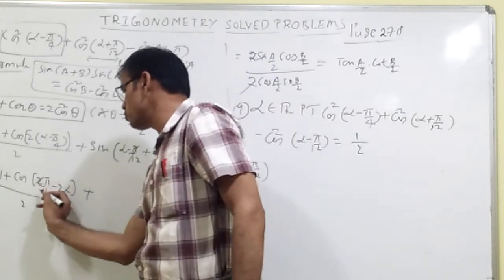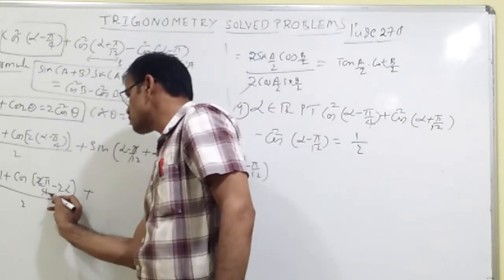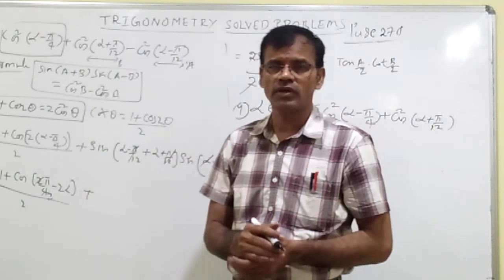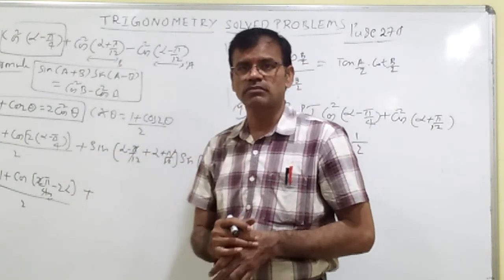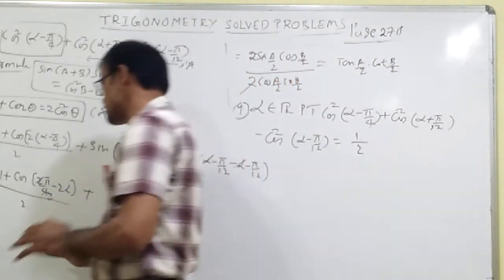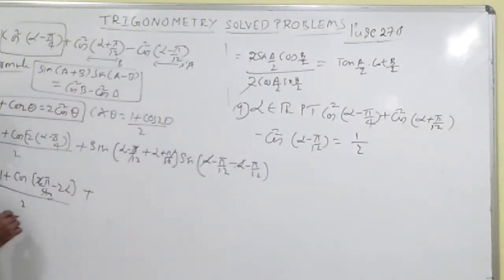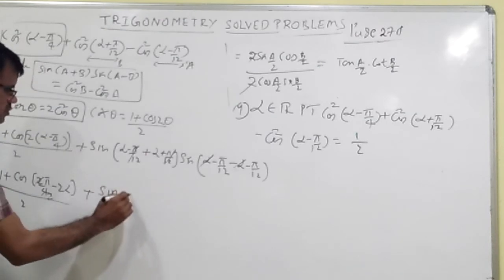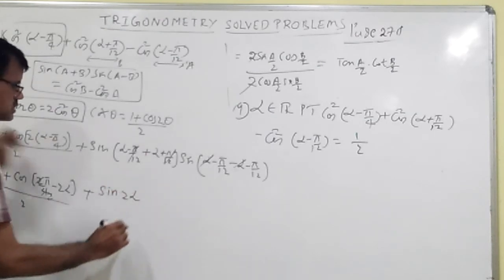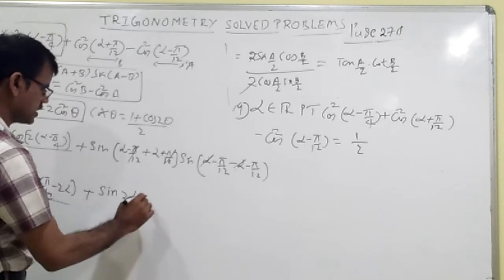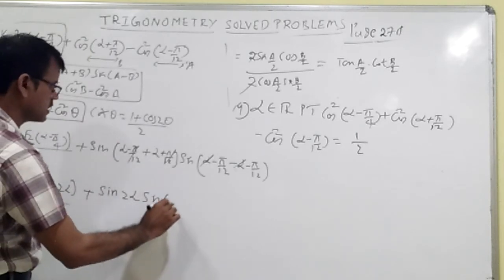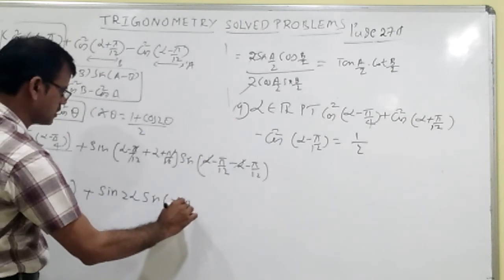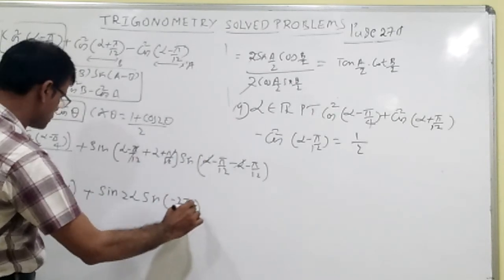2 pi by 4 becomes pi by 2. So cos of pi by 2 minus 2 alpha can be understood as cos of 90 minus 2 alpha. Cos of 90 minus alpha is nothing but sin alpha. So write here sin 2 alpha. Next step. Now what is the value you are getting here? Sin 2 alpha into sin of minus 2 pi by 12. Okay, right here, minus 2 pi by 12.